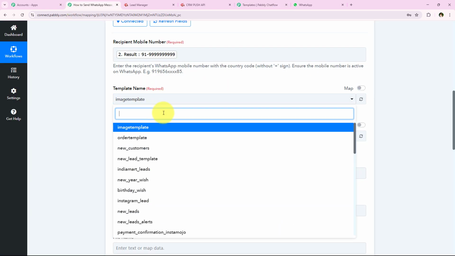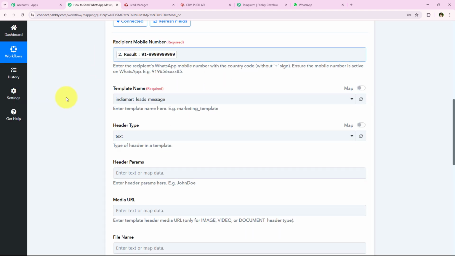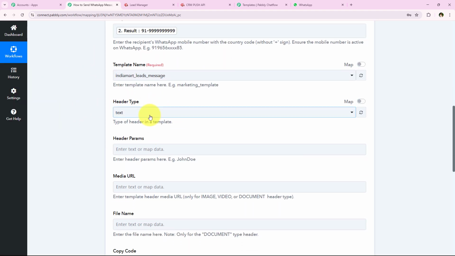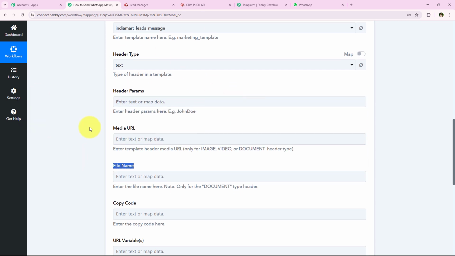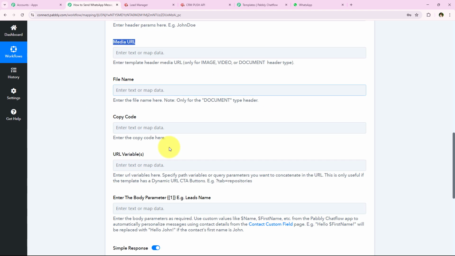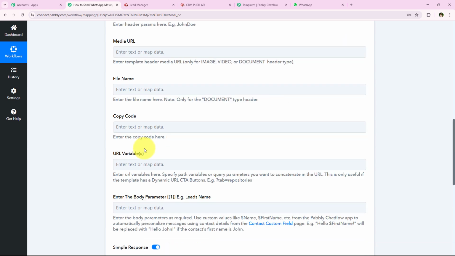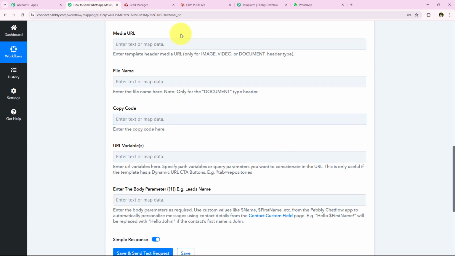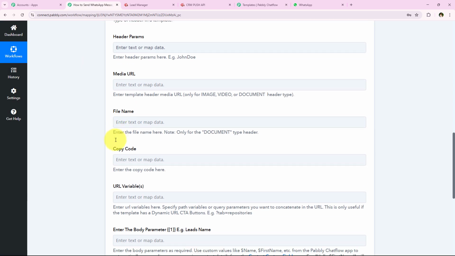Alright, so I'm just going to select the same template name right over here, which is IndiaMART leads message. After selecting the template name, it has already detected the header type, so we don't have to change this. It is asking me for the header parameters, so if you wish you can definitely enter it right over here. But my template doesn't have any header parameters, media URL, file name, or any of these URL variables. So if your template has this, you can definitely enter all of these. But as you can see that my template doesn't have any of these,